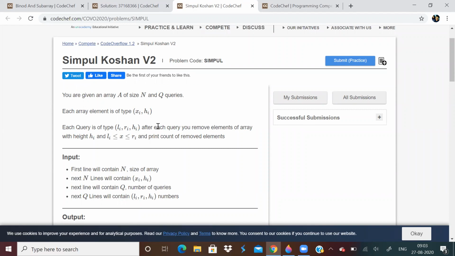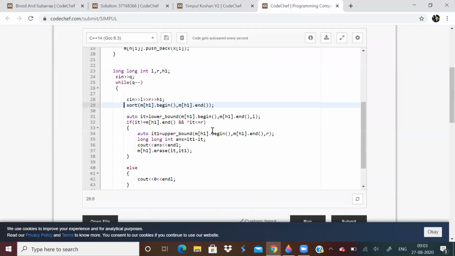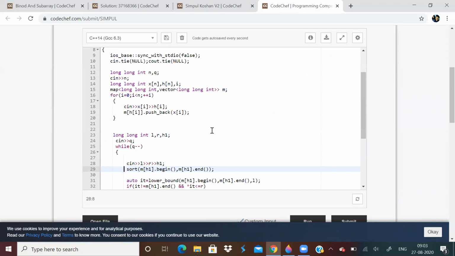So how to solve this question? Basically, this question will really test your STL skills. We need to make a map which maps an integer to a vector. Or you can also make a map which maps an integer to another map. So my code was like this. For every height, I will make a map of vectors.